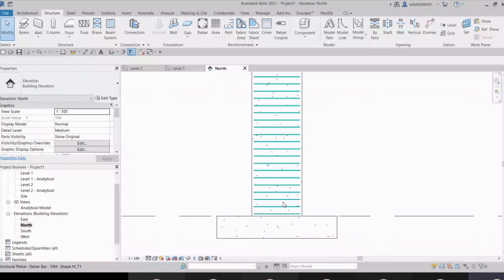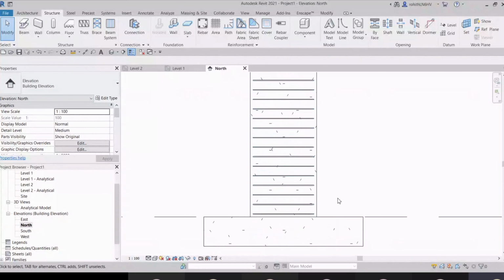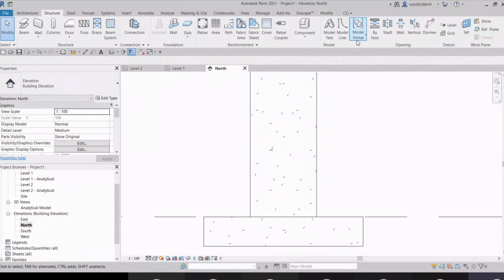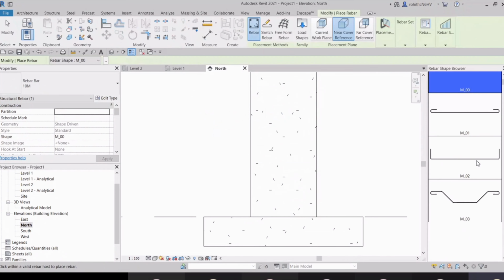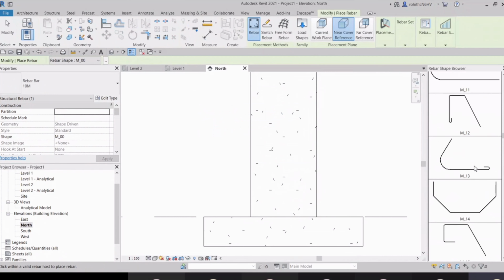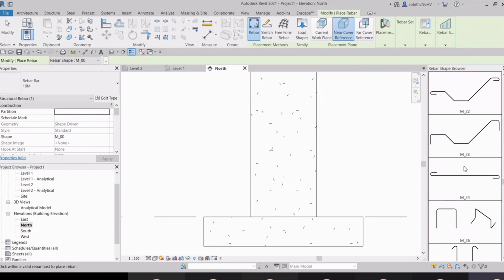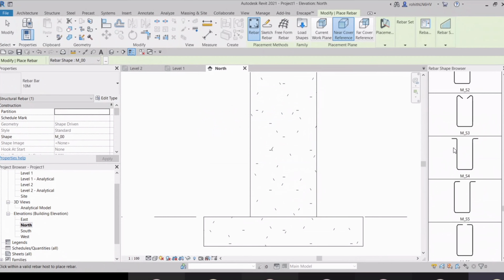So when you have it like that, you have to choose how you want to place it. Let me delete it. Let me go with this rebar option. Click on OK and select that stirrup.